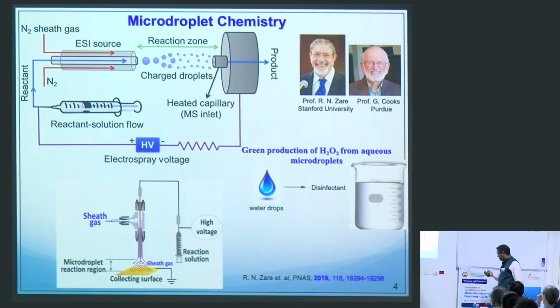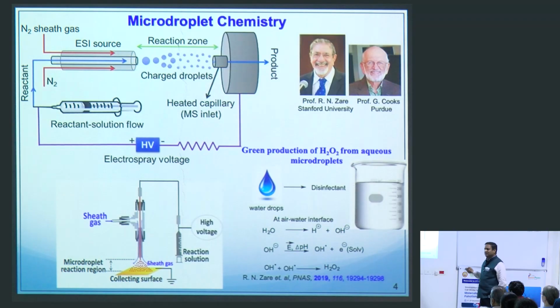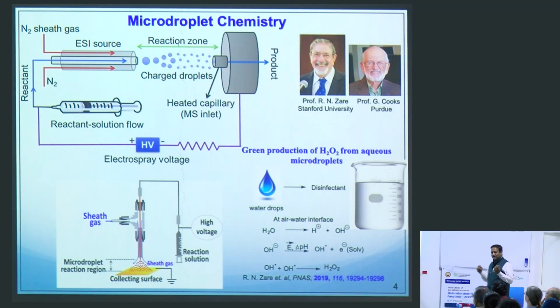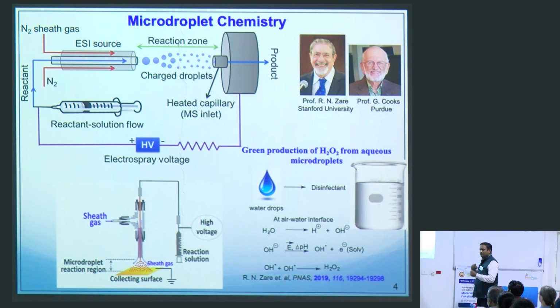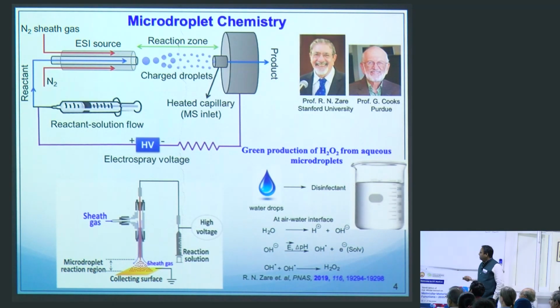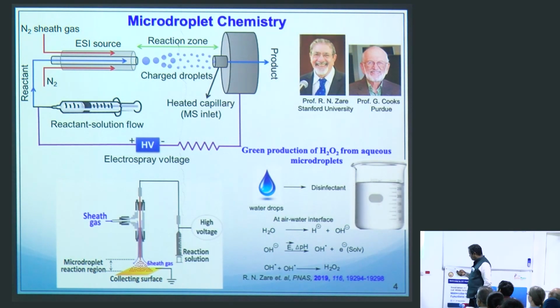How does it form? First, water splits into H+ and OH-, and then that OH- loses one electron, forming a hydroxyl radical. Once the hydroxyl radical is produced, it's highly active. The hydroxyl radicals are unstable. They go for further reactions, and then normally, only in water, the hydroxyl radical forms hydrogen peroxide. By using the microdroplet,